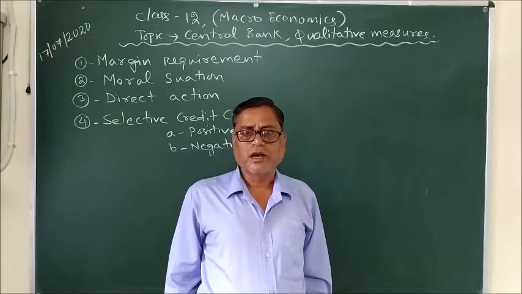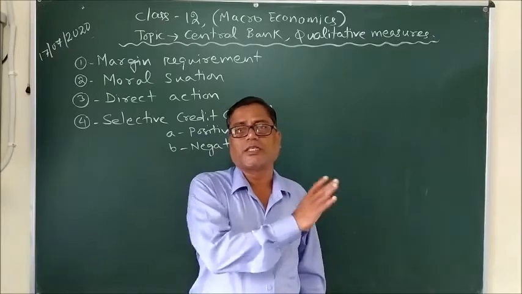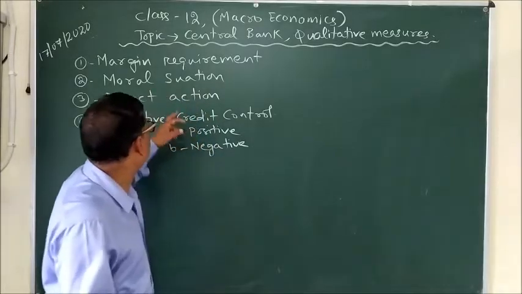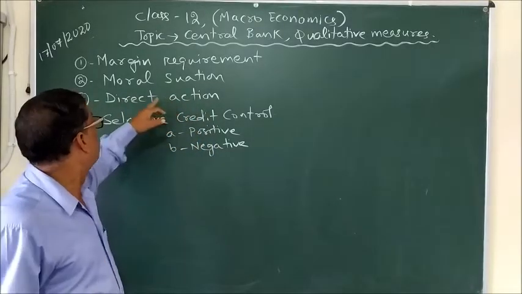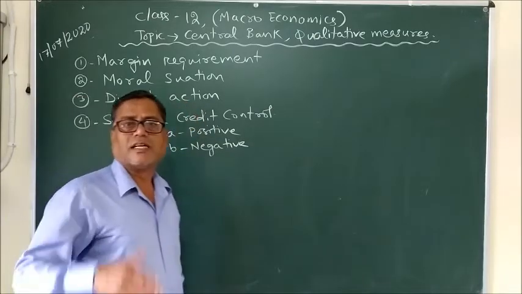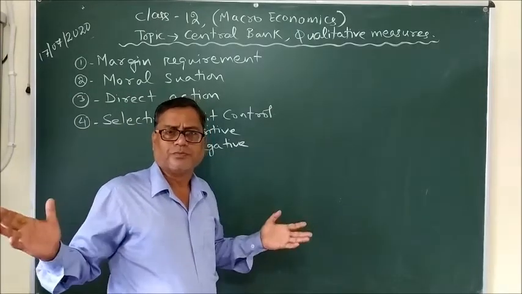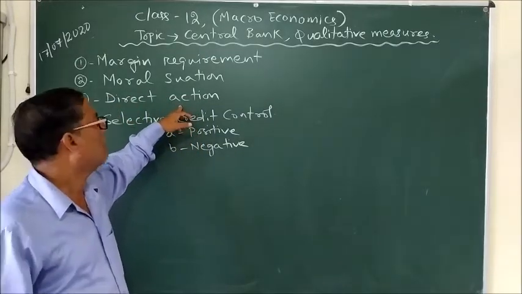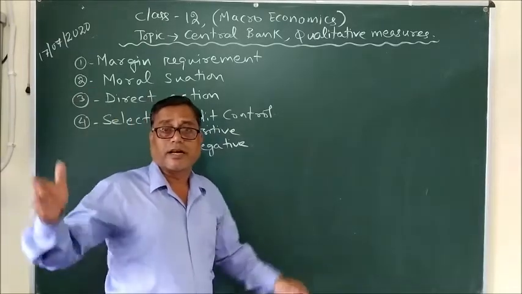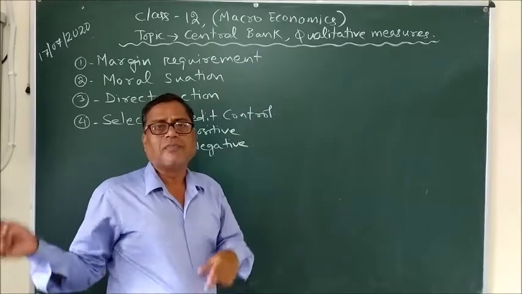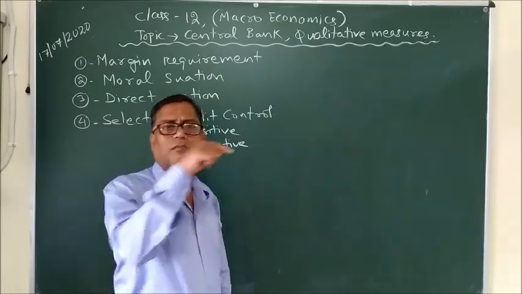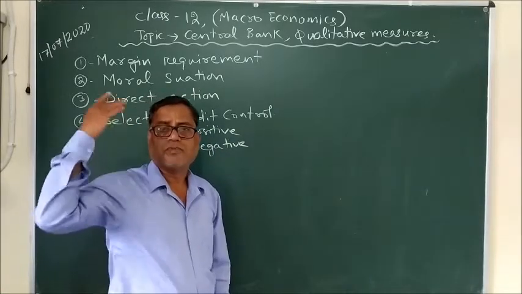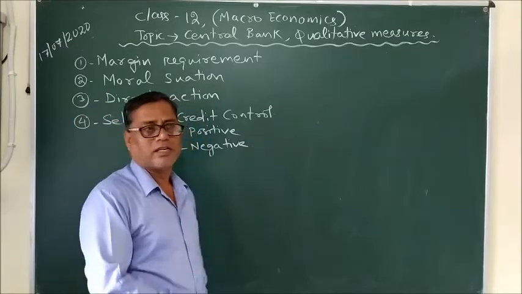But after doing that, if the commercial banks still don't follow the guidelines prepared by the central bank, then comes the next step. The central bank takes direct action, like cancelling the license and more. That is direct action on the commercial banks by the central bank. In this way, the central bank regulates the economy, controls the inflow of money into the money market, and maintains the general level of equilibrium in the market, so that there is neither an inflationary situation nor a deflationary situation.